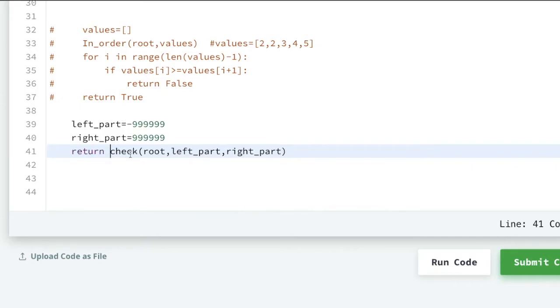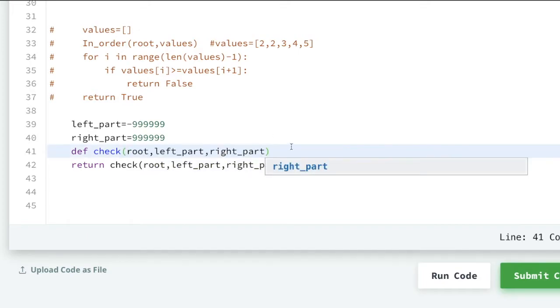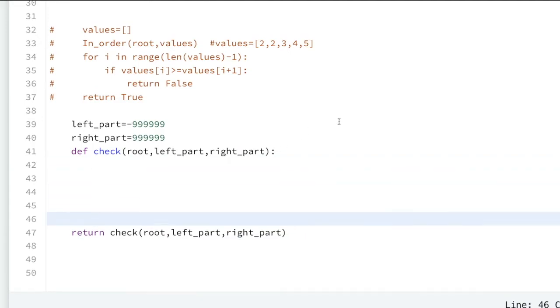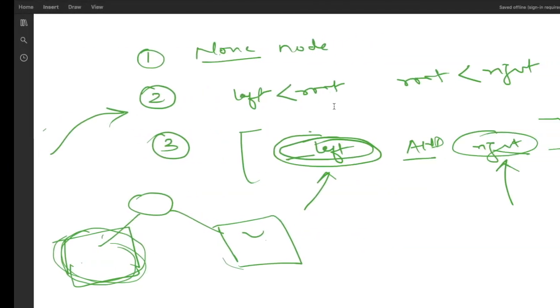So before that we have to define this function. Define check, which will accept three parameters: the root node, left part and the right part. Now we have to write our logic here. Let us write the very first base condition.